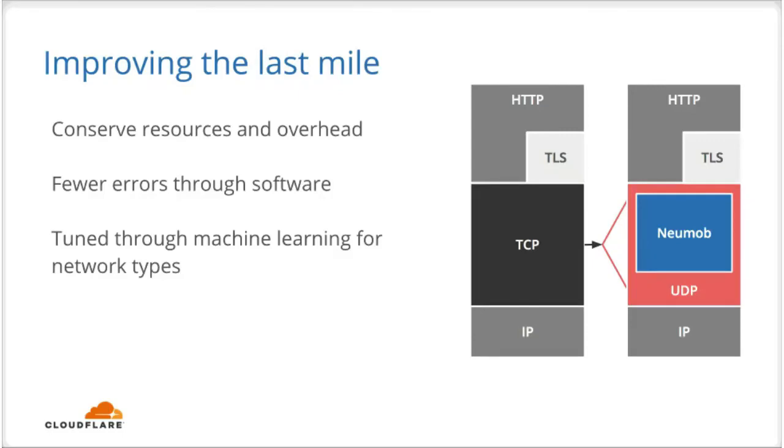So there are two ways that we focused on improving the last mile. One, let's try and decrease the overhead as much as possible. Let's try and make as few chances for errors as possible. So in that sense, NewMob keeps a connection alive. NewMob is able to multiplex multiple domains into the same connection. So now you don't have to make 5 connections for 5 requests at different endpoints. You can make one connection which